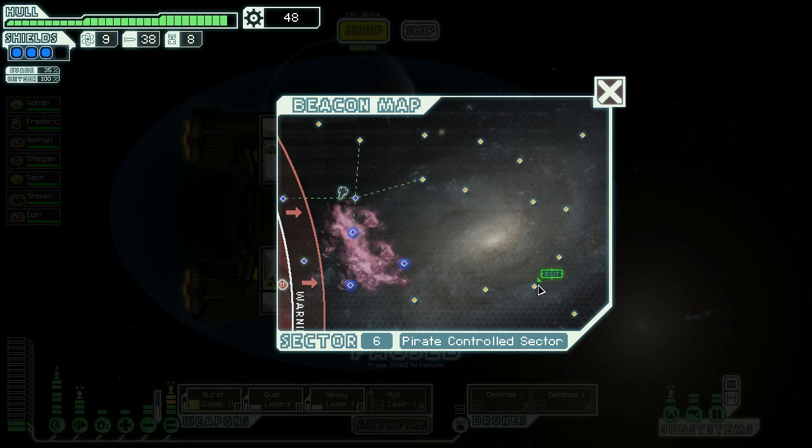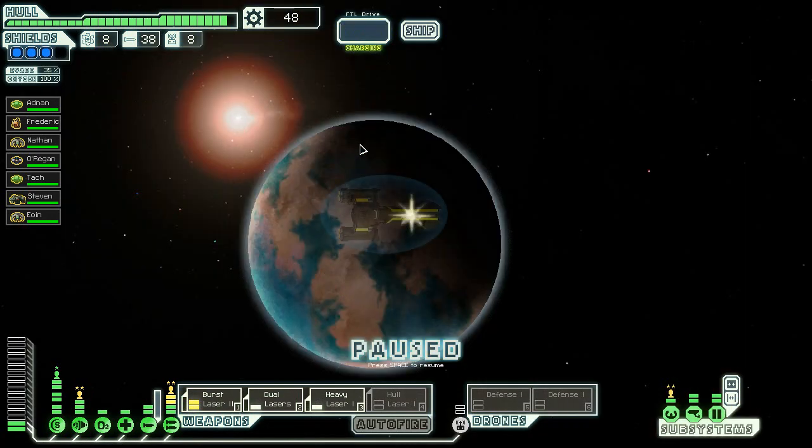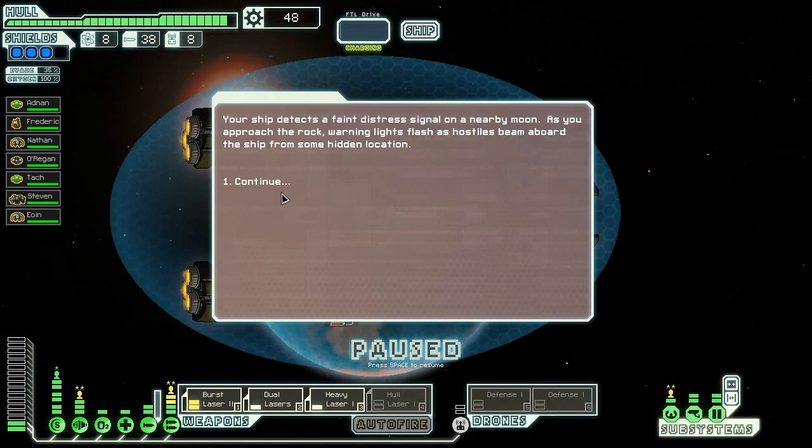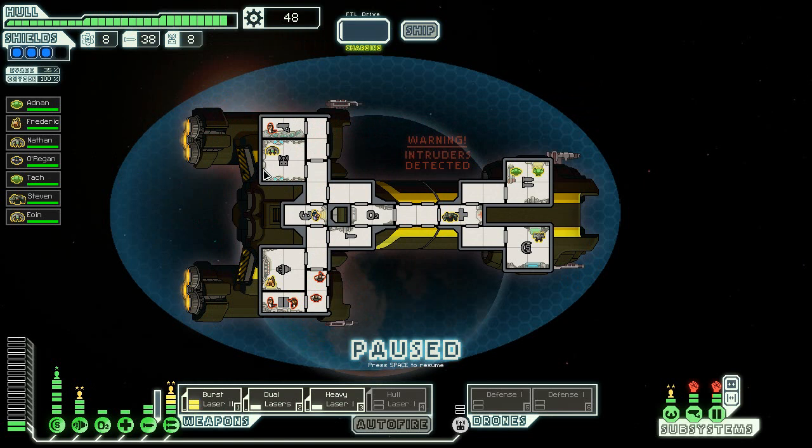But let's see here. We're going to probably need to tuck our way down there. Let's go up first. Like I said, we're trying to go for high encounters here, try and get as much scrap as we can. Warning lights flash, a hostile beam aboard the... Oh my god, why do... Okay, first off, that is a ton of boarders. That's way more boarders than there ever should be on a spaceship. And secondly, that's one really annoying thing about